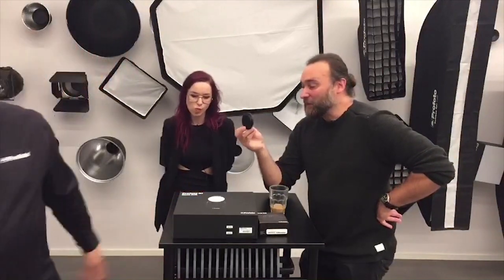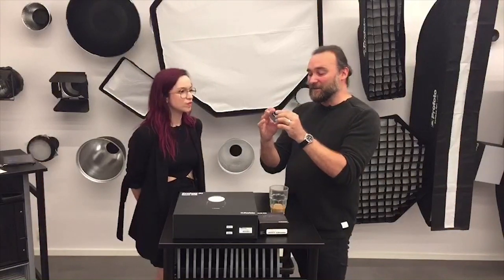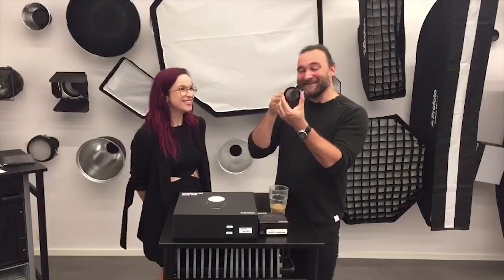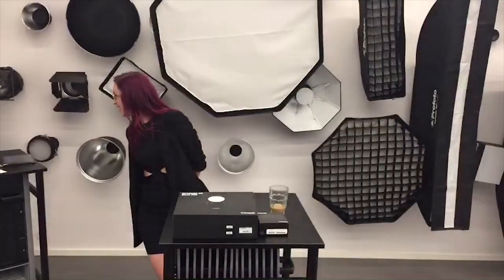Okay. So I really would like to start to talk about what a grid actually does. I mean, it isn't rocket science. It is, and please help me with the English terms here. It's holes. It's like tubes, small tubes. Can I go close? I don't know if you can see this. Let's see, where is the lens? There's the lens. Okay. So when I twist this, you can see that